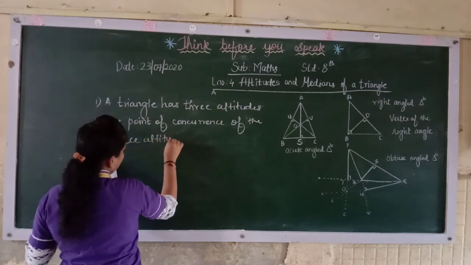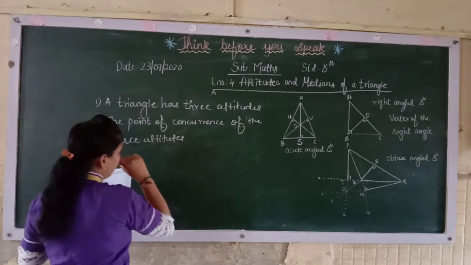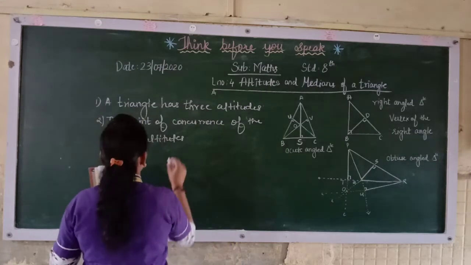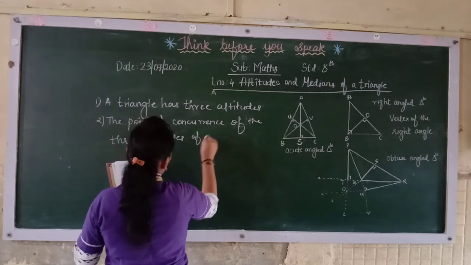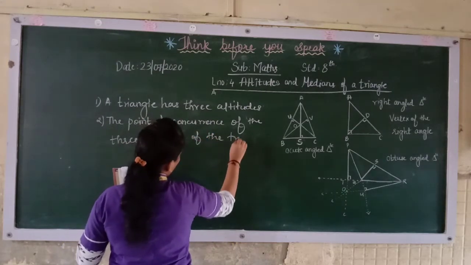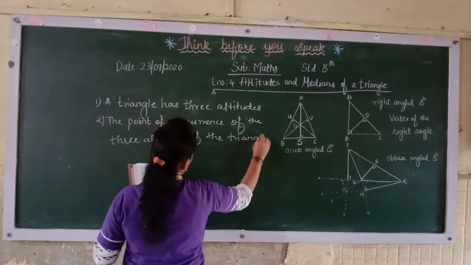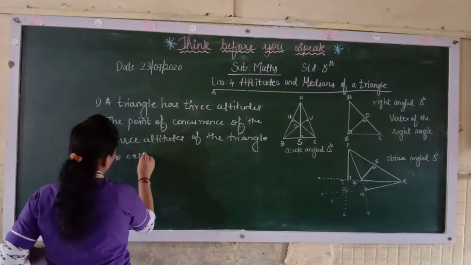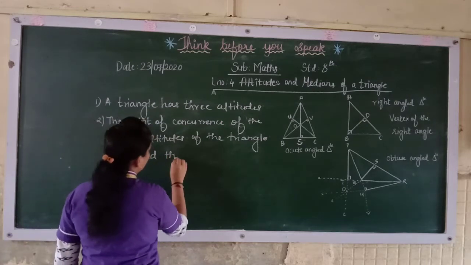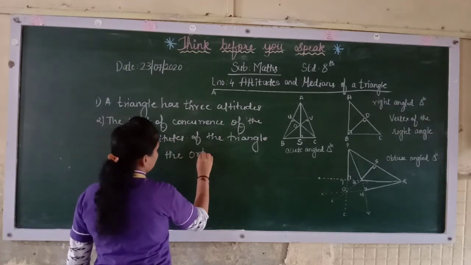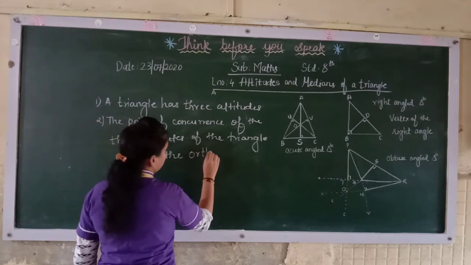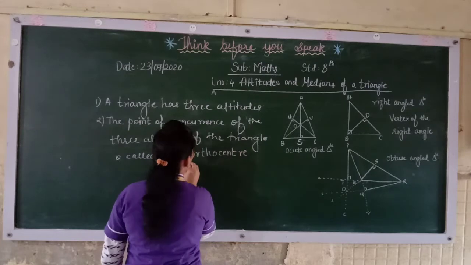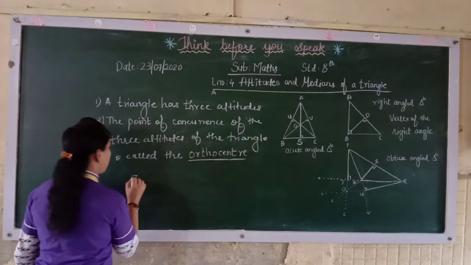Point of concurrence means where the three altitudes are meeting. Now if you see over here, it is meeting at O. So that is known as the orthocenter. It is called and it is denoted by